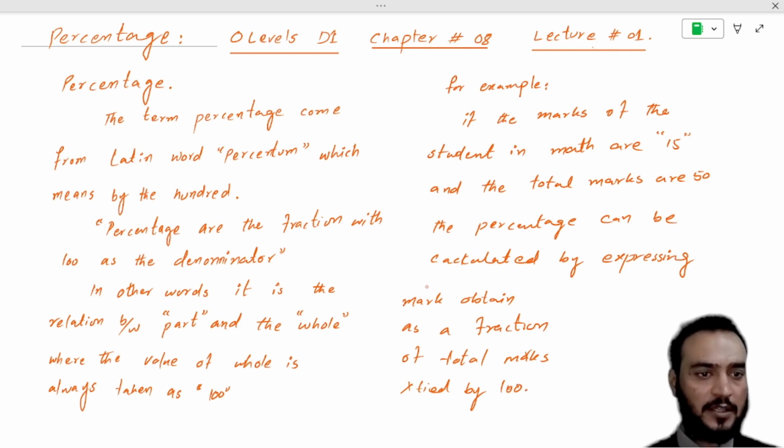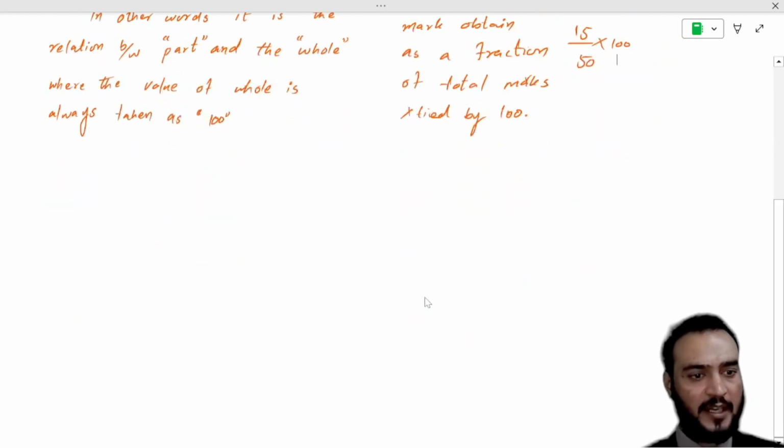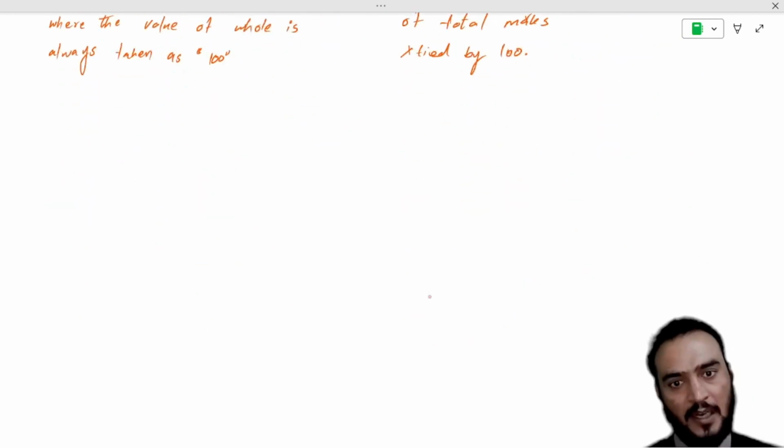So if you can see an example I have written over here, the marks of the student are 15 and the total marks are 50. So 15 can be considered as a part and 50 can be considered as a whole. So this is the part of a whole. 15 is the part of a whole. So percentage of a part, that is 15, out of whole, that is 50, is calculated like that: 15 divided by 50 times 100. Or I can write it over here as the